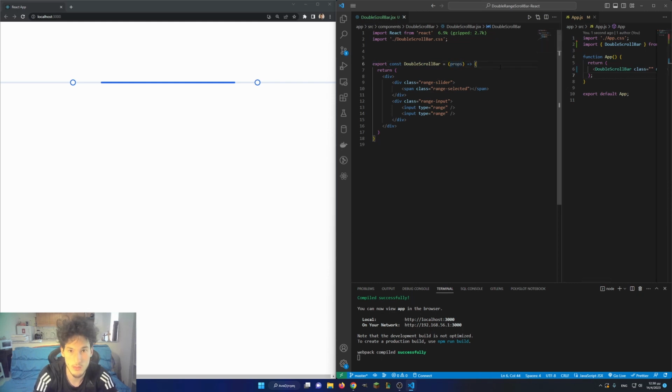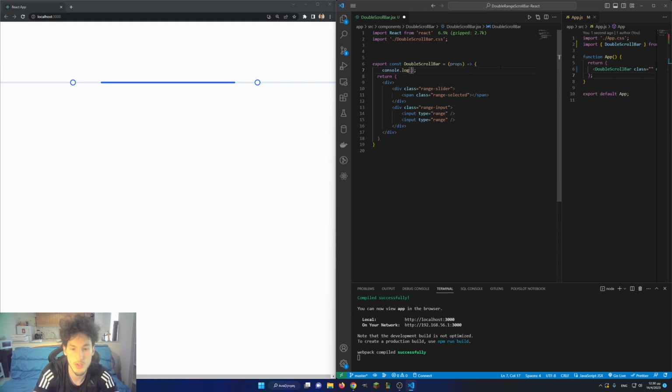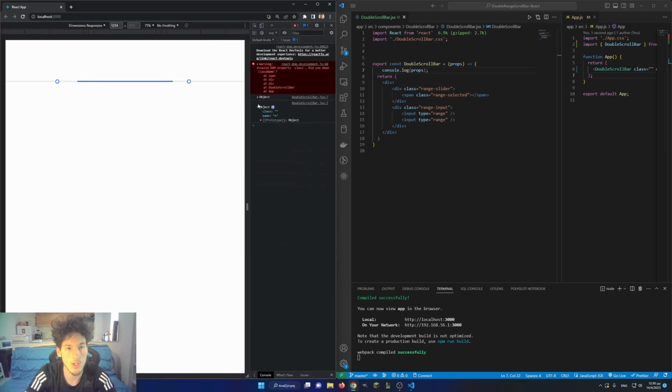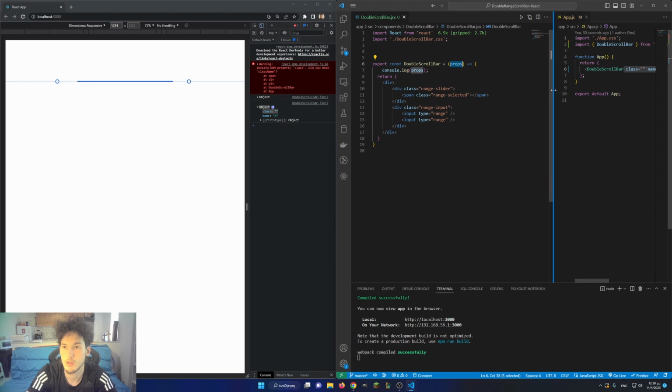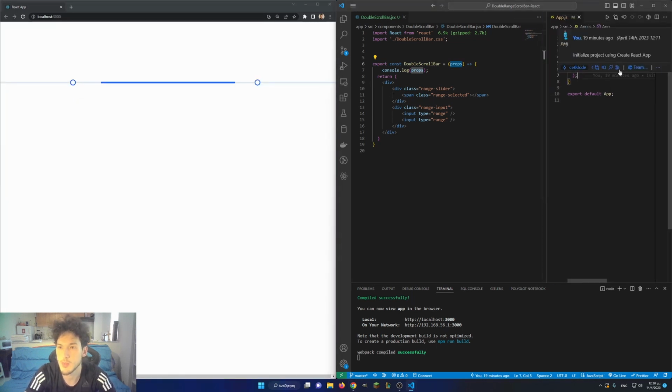okay, let's just console log props. If we save and go to our developer tools, we are going to see an object. Here it's our class, this input here, class and name of n. So whatever we pass here as an argument, it's on props. That's really useful for customizing our